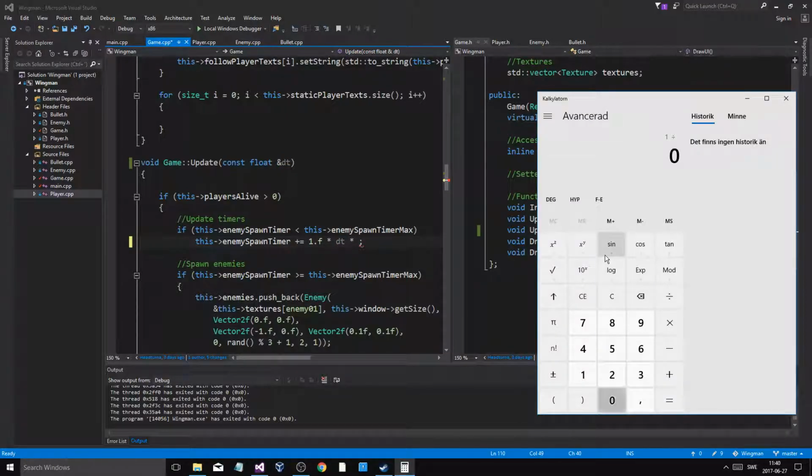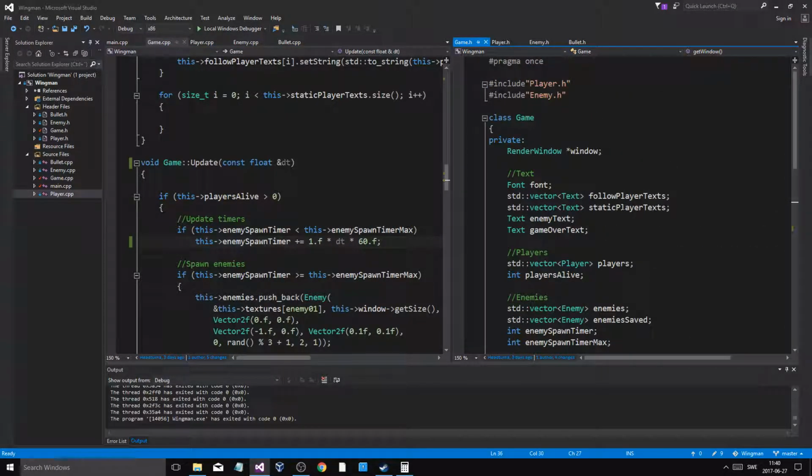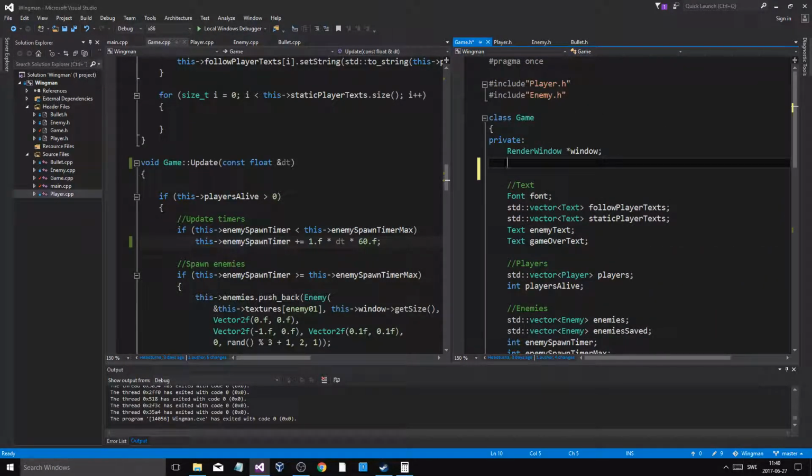So 1 divided by 0.016 is 60, just about 60. So I'm gonna do 60.f. That's gonna be my multiplier. Let me add that in here. Where's game? Here. Float dt multiplier, and dt multiplier,